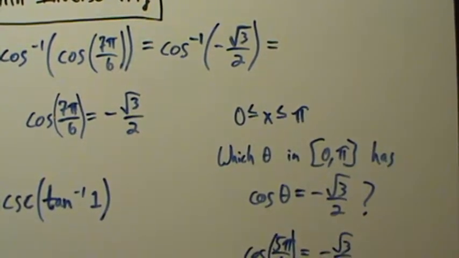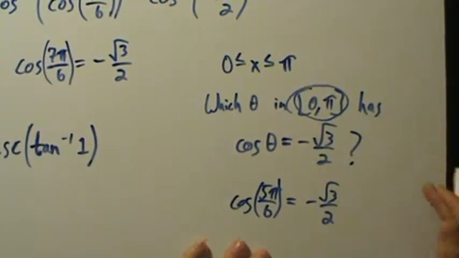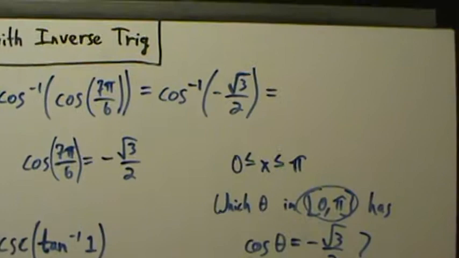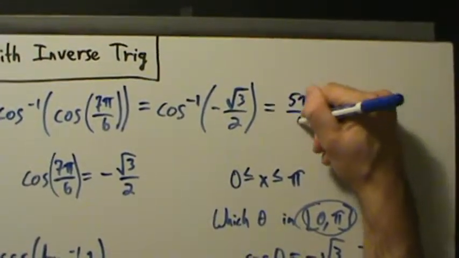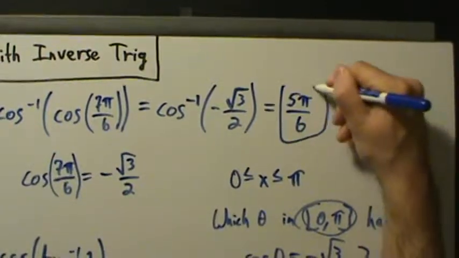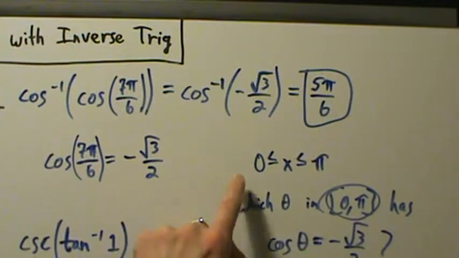Okay, cosine of 5 pi over 6 is negative root 3 over 2, and 5 pi over 6 is inside of this interval. So inverse cosine of negative root 3 over 2 is 5 pi over 6. And again, the reason is that when you evaluate inverse cosine, your answer has to be between 0 and